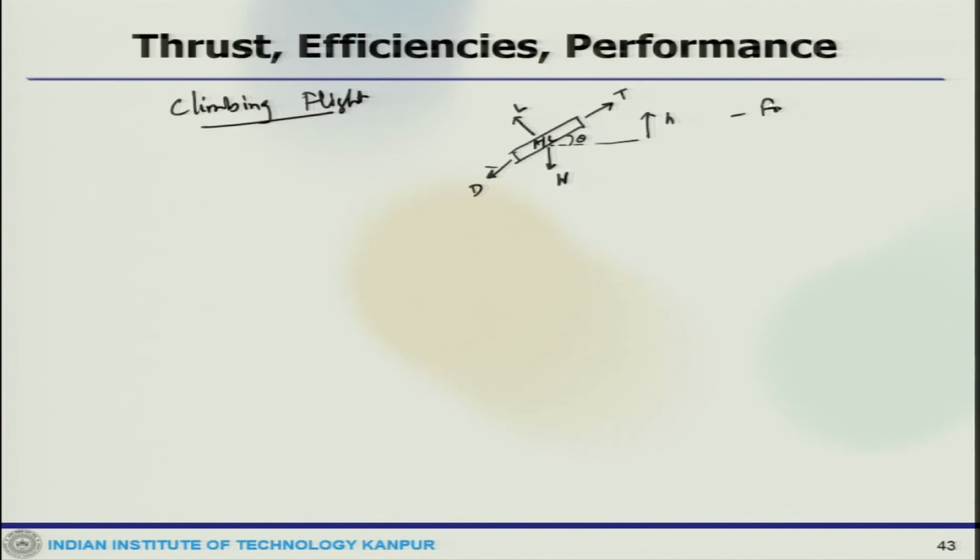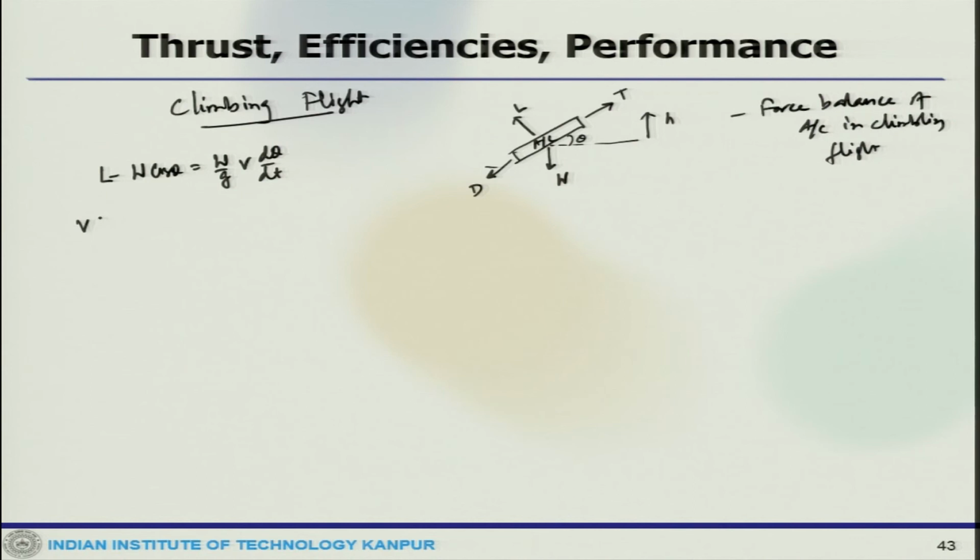So, this is essentially the force balance of aircraft in climbing flight. So, what we get is L minus W cos theta is W by g V d theta by dt,